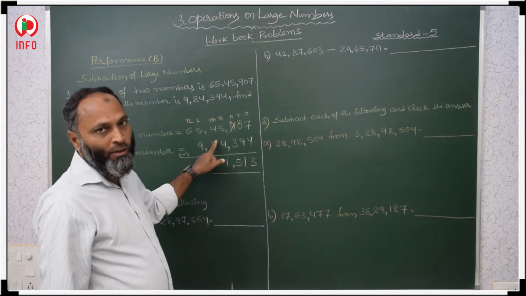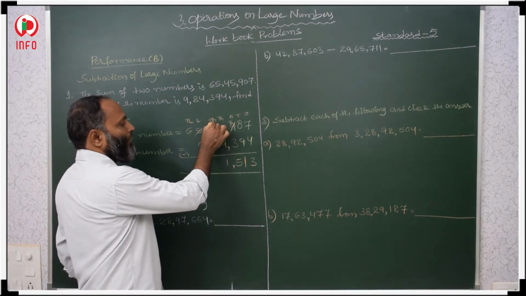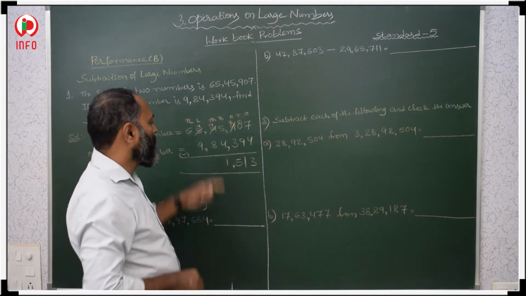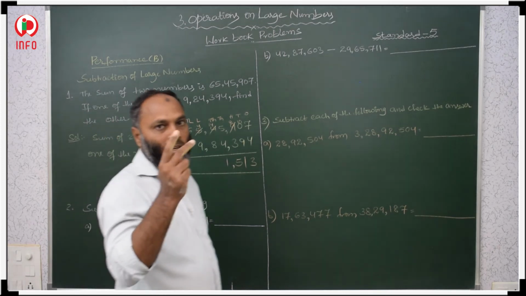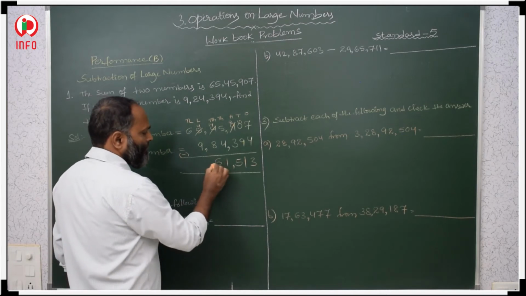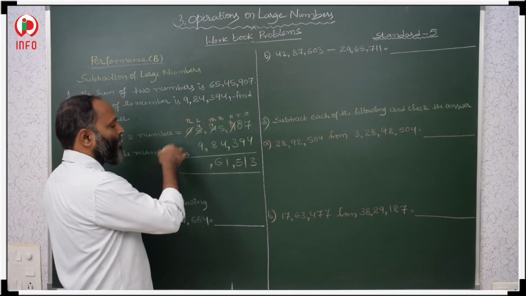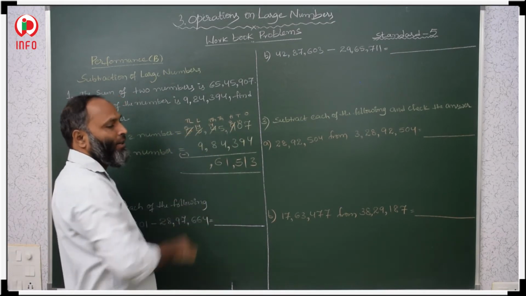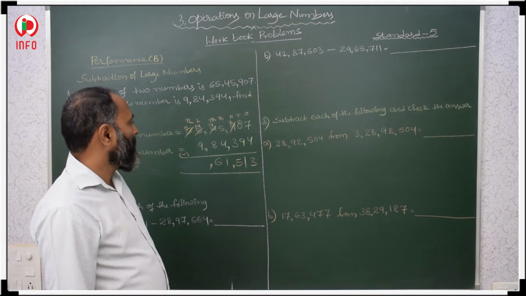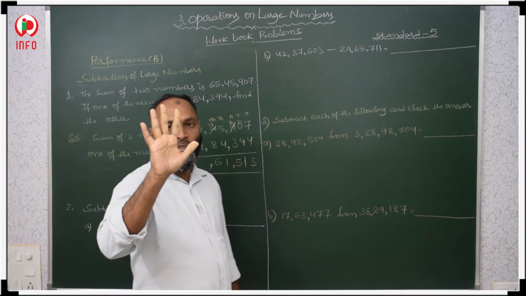8 minus 4. The upper number is smaller. Then take borrow from here. So it will increase by 10. 4 will get 14. Here decrease by 1. 14 minus 8: from 9 to 14 you have to count: 9, 10, 11, 12, 13, 14. Total 6. Then 4 minus 9. The upper number is smaller, so again you take borrow from the next. It will decrease by 1, it will increase by 10. 4 is there, it will get 14. Then 14 minus 9: from 10 to 14 you have to count: 10, 11, 12, 13, 14. That is 5.